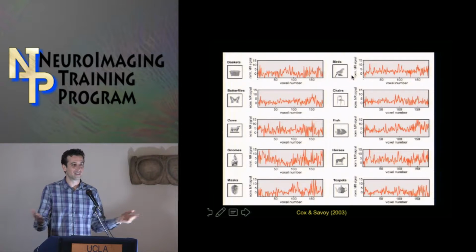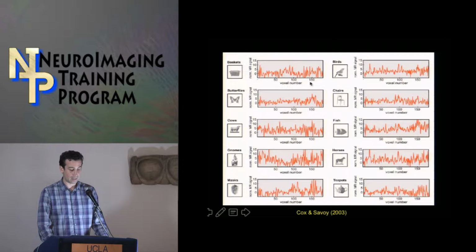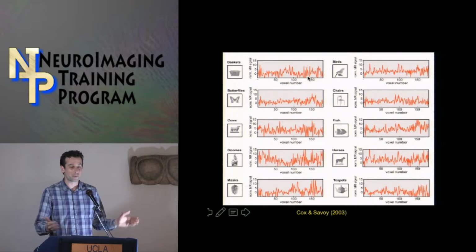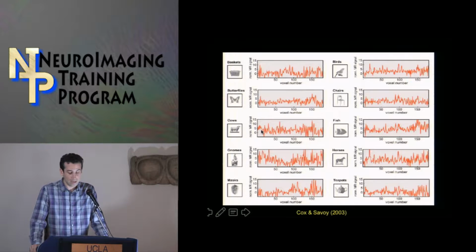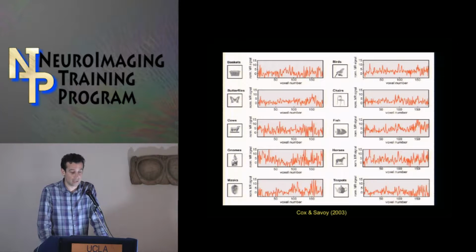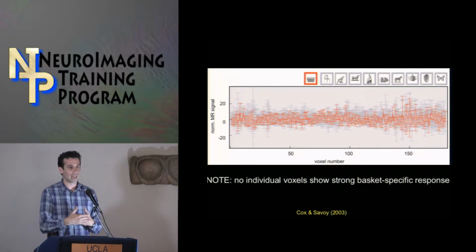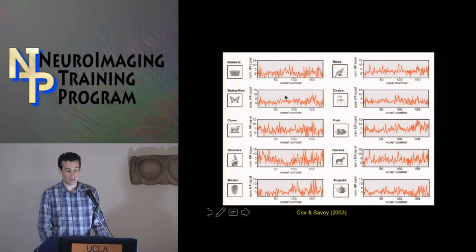So this is just a 200 voxel region of interest. Each point here is 1 voxel, and the voxel, its bold signal, varies across the region. So this might look like a time course, but there's no time here. This is just each voxel's response to these different categories: baskets, butterflies, cows, gnomes, and so forth. And just looking at these patterns, you can't necessarily tell that they're very distinctive. And in fact, if you look at the mean signal of this particular region across all these classes, it's indistinguishable. So if we just overlay all of those, the mean MRI signal for baskets and butterflies,